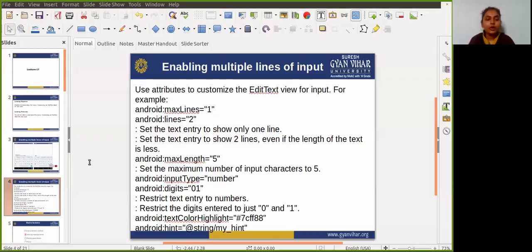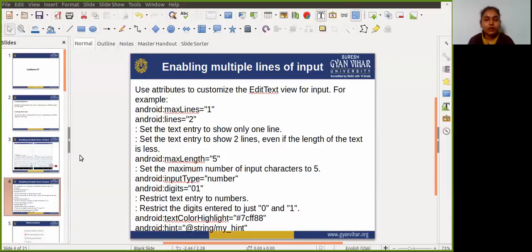For that you need to write the attribute android:inputType equal to number. The next attribute restricts the digits entered to just 0 and 1. For that you need to write android:digits equal to 01.